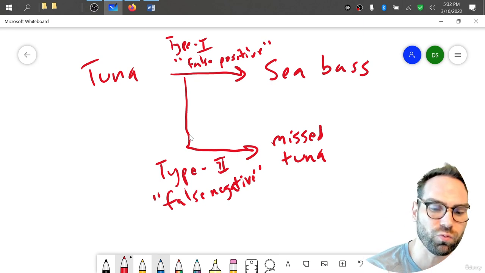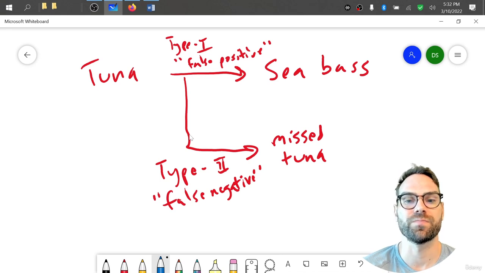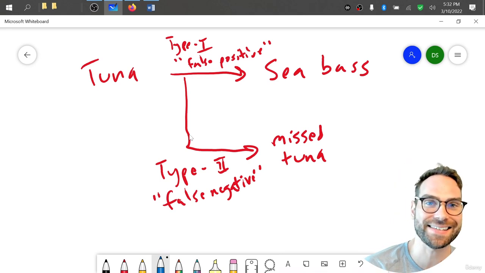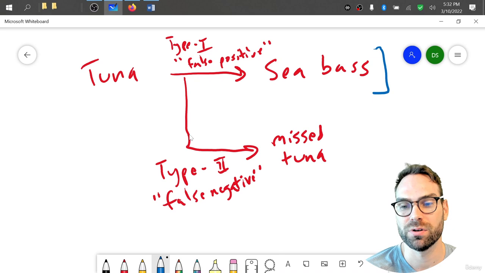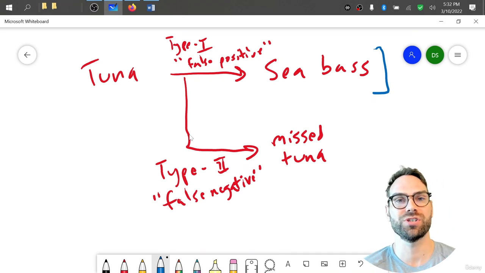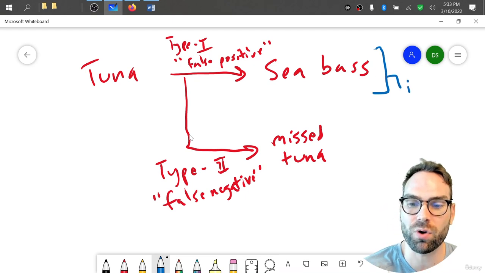Now you're going to have different ways of dealing with these types of errors. Of these two, which do you think is the most problematic? Take a second to think about it, because it's not entirely obvious. Well, at this stage, what's going to be the most important is the type 2 error. That's because the sea bass issue is a little bit easier to deal with, because you can say, I see a bunch of sea bass in my net, I can just throw these back to sea and pick them out one by one. And you can do that picking out one by one next week when we move on to